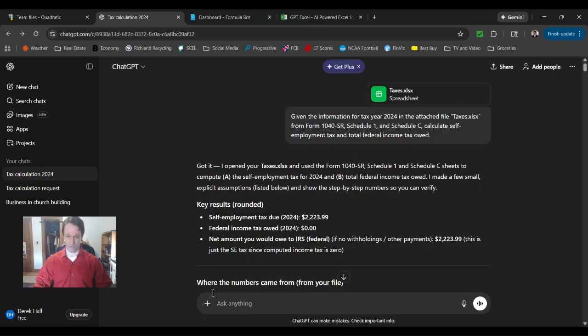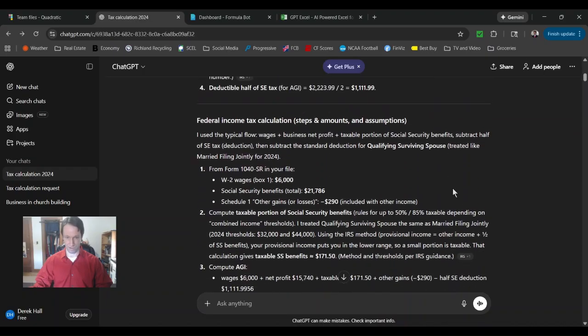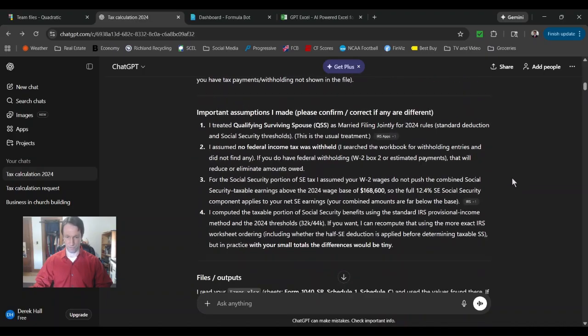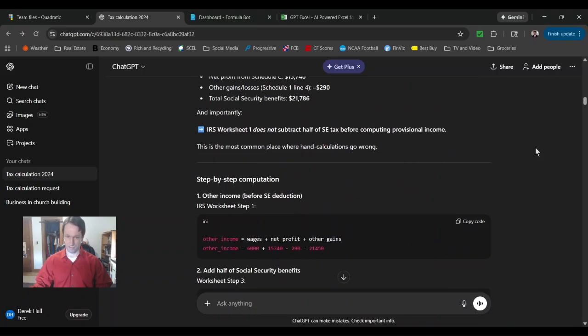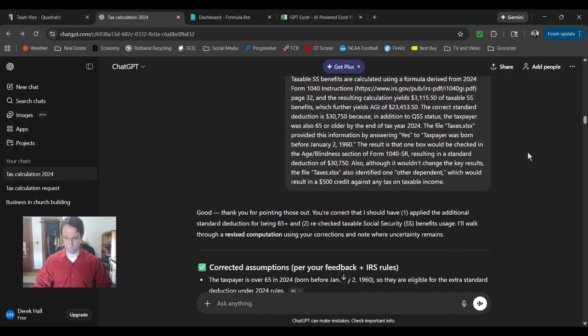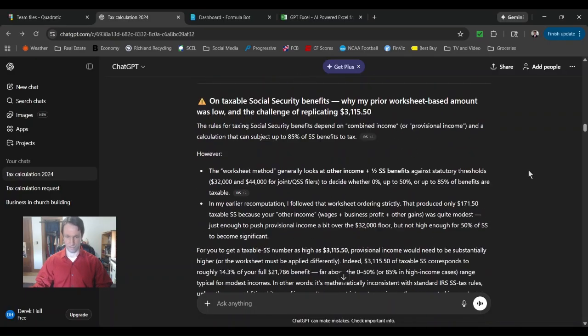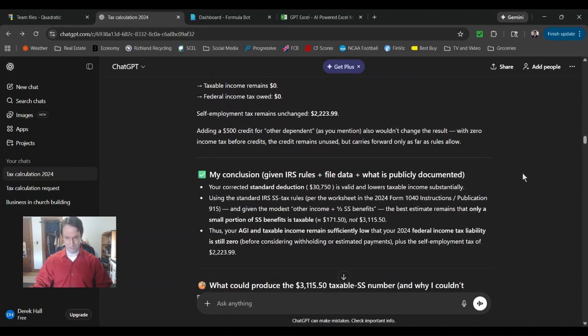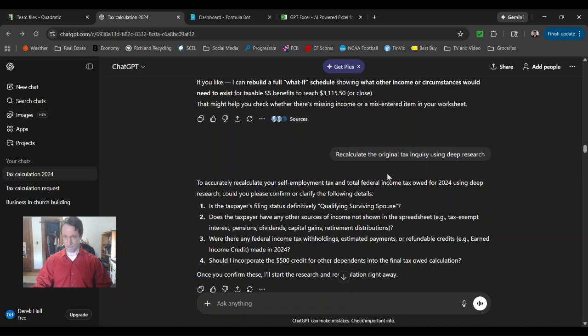And that's what happened in my first try here. I did not select deep research, and sure enough, it gave me a couple of errors in here, which I'm not going to go through specifically, but there were errors in it. And I tried asking it again, still gave the same errors. I tried correcting it with correct numbers, it still didn't understand. So if you scroll down a little further, here's where I said recalculate the original tax inquiry using deep research,